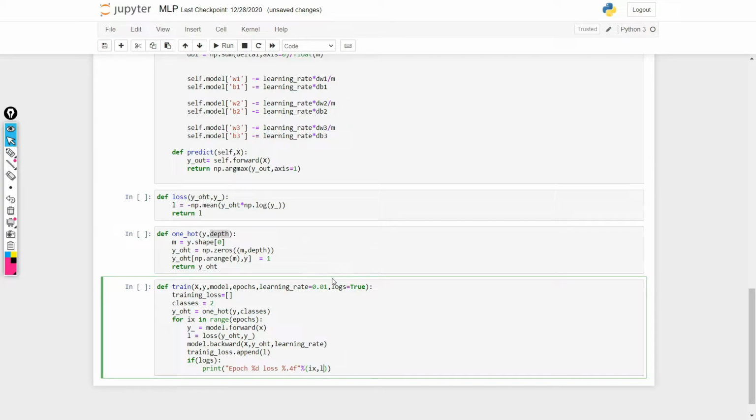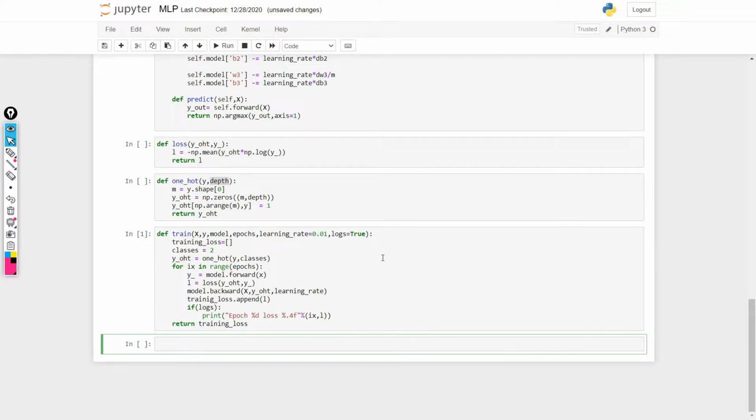So if we have set our logs as true, we will see what our epoch number is and what our loss is. And now what we need to do is return training loss. So this is what we need to do here.